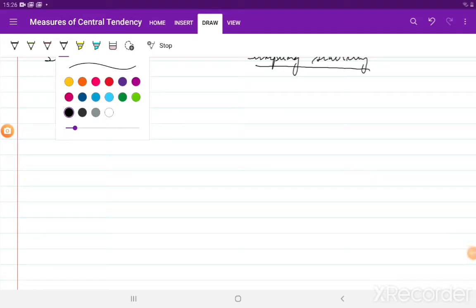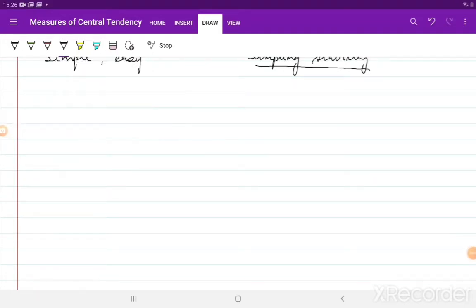So the first kind of measure of central tendency that I'm going to discuss with you is arithmetic mean. This is the simplest and the most commonly used. I can always ask the entire class to tell me what is the average marks in maths that you all got for your plus 2, right? So generally, for any